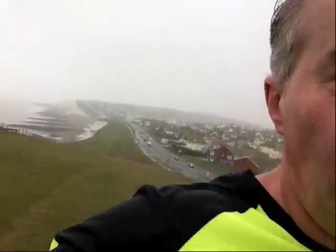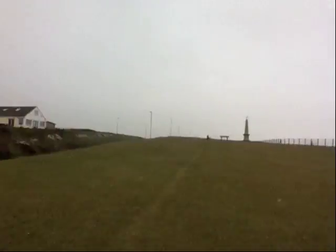You see the hill behind me? Woo! So we got almost there now. Almost there. We've got a very foggy English Channel. Let's turn around and show you that. And then the other side, as I zigzag around again, is Saltdean disappearing behind us. And just coming into view now, in front of me, you can't see it, but I can. It's the